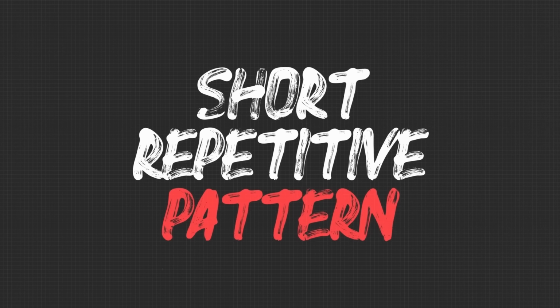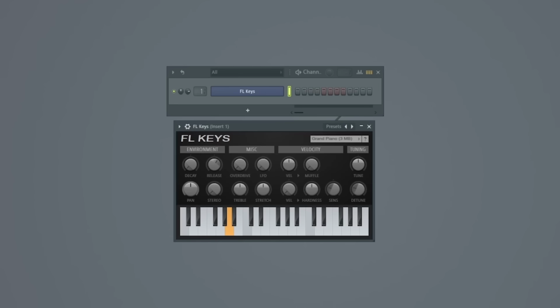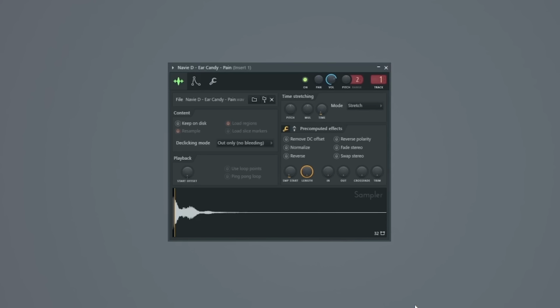The first step is to build that consistent layer. But to do this, there are a few things that you need to do correctly. For one, I don't want to use a boring texture like this. Since this sound is going to be consistently playing throughout the entire beat, it's going to be a better idea to pick something that's a little bit more unique. So this is the sound that I will settle on.